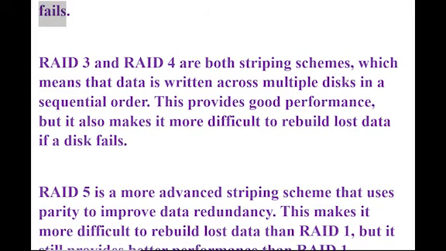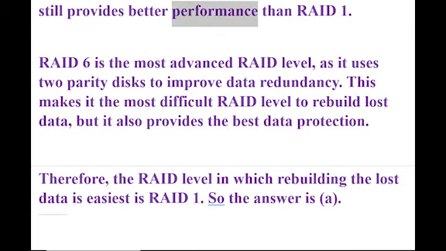disk fails. RAID 3 and RAID 4 are both striping schemes, which means that data is written across multiple disks in a sequential order. This provides good performance, but it also makes it more difficult to rebuild lost data if a disk fails. RAID 5 is a more advanced striping scheme that uses parity to improve data redundancy. This makes it more difficult to rebuild lost data than RAID 1, but it still provides better performance than RAID